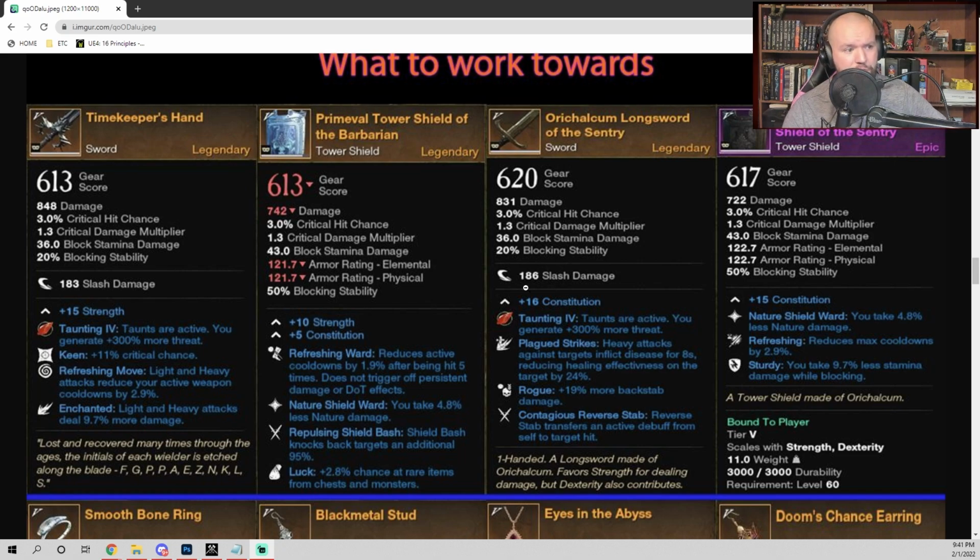Now what I did was add my other sword that I personally like, and this is kind of different. This one doesn't have any cooldowns, but it has Plague Strikes, Rogue, and Contagious Reverse Stab. This is super helpful, especially if you're dueling someone that has sustain or healing. Whenever you heavy attack them and inflict them with disease, and then shield bash them and stun them and get behind them, you're already going to do more damage to them from that 19% more backstab, and they have reduced healing. So anything that they afflict on you, whether it be disease themselves or bleed, poison, burn, anything like that, Contagious Reverse Stab, when you inflict that back to them, it starts all over,